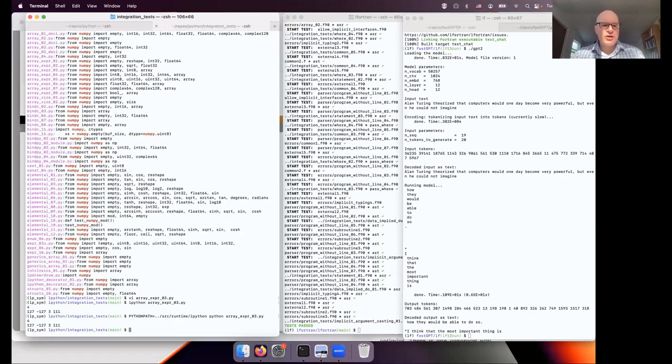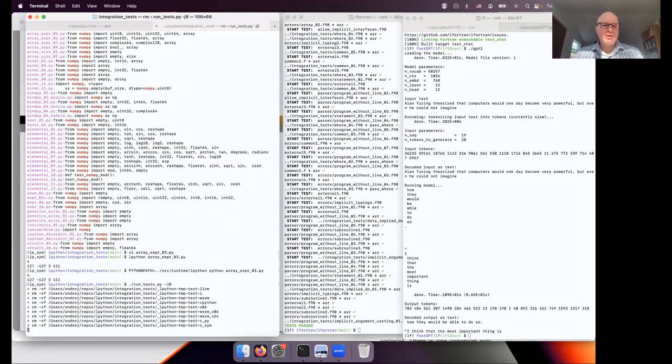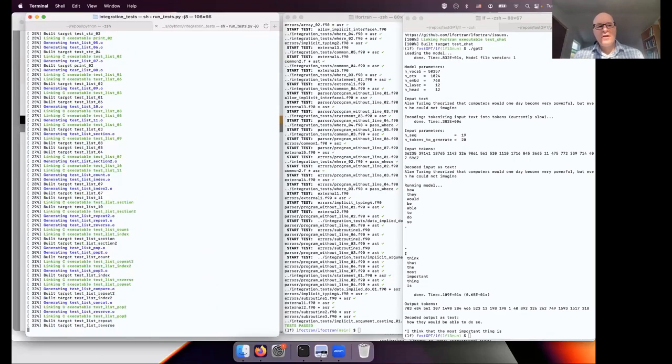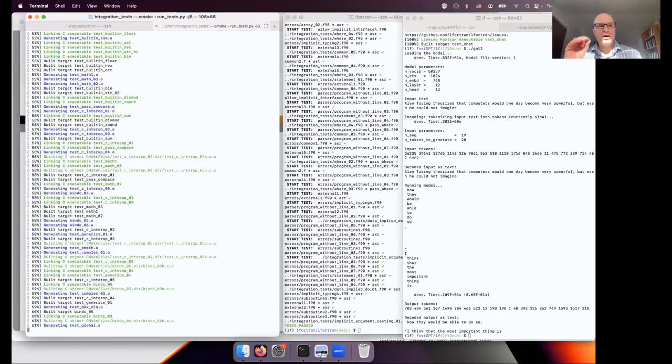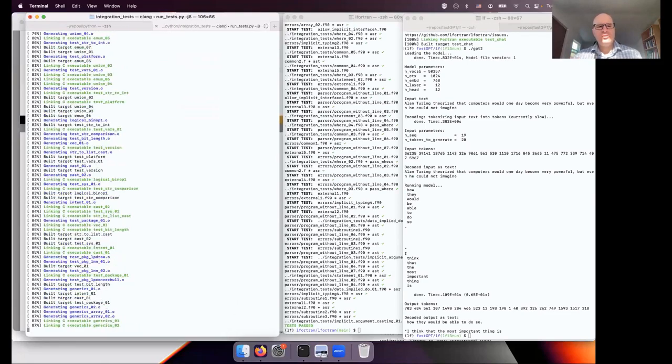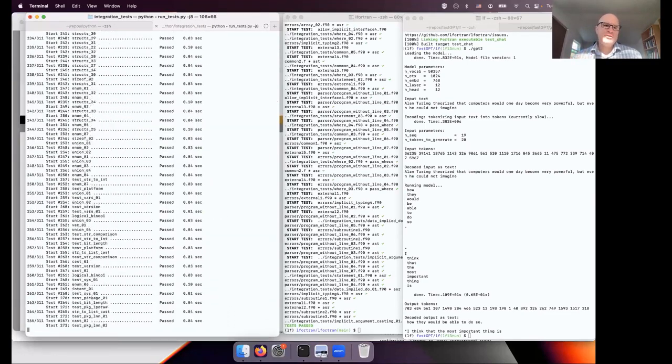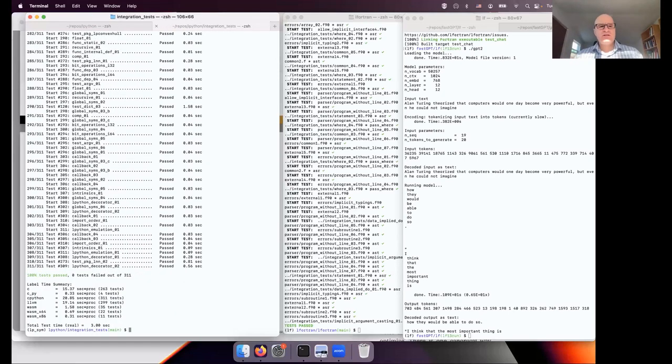Now, let's go to integration tests. If I run all the tests, what you see here is we have about 300 tests so far. Every test is a standalone Python file, and we compile it with LPython, we run it, we make sure it runs correctly, and then we run the exact same file with CPython. And the tenet is if LPython can compile it, then CPython also must run it correctly and give you exactly the same answer. That's the idea. So LPython is a proper strict subset of Python.